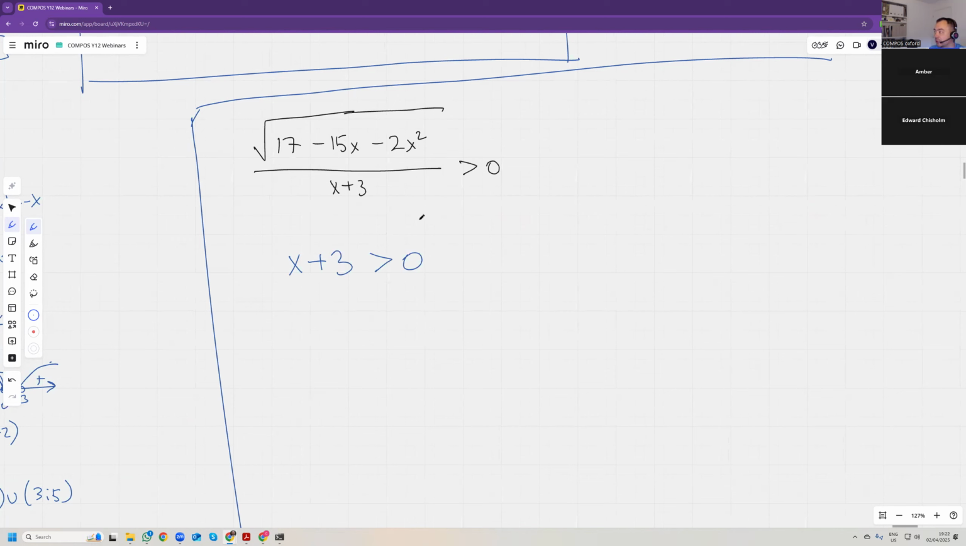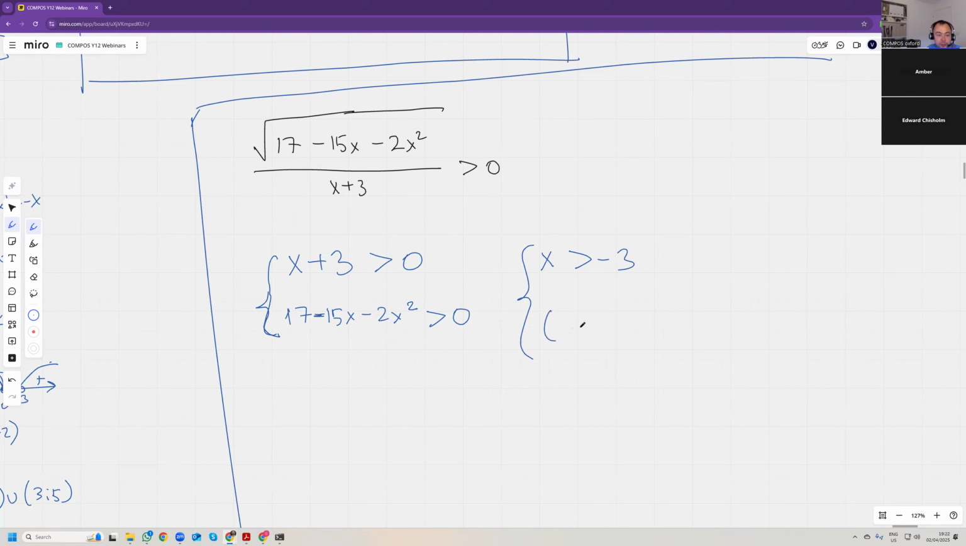The square root has to exist. And that means 17 minus 15x minus 2x squared has to be greater than 0. It can't be equal to 0 because then it's equal to 0 and it's not greater than 0. So it has to be greater than 0. All right, so x has to be greater than -3. And at the same time,